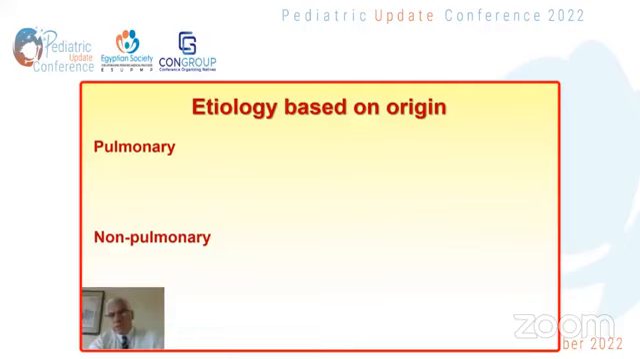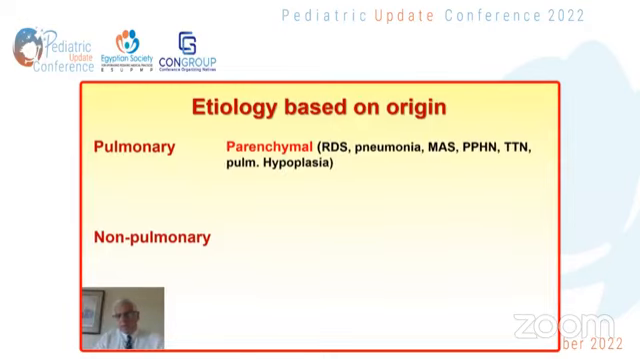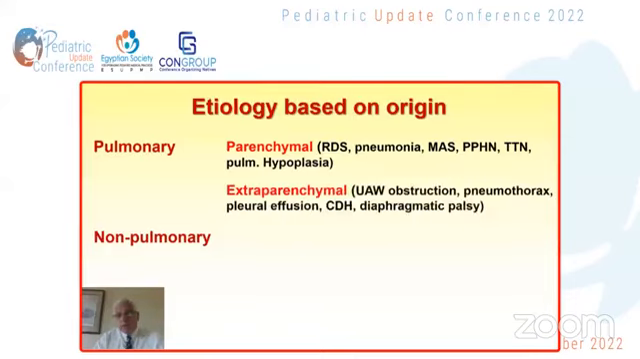Now, we can also differentiate the etiology of the respiratory distress based on the origin of the condition. Usually we like to divide it into pulmonary and non-pulmonary. In the pulmonary causes, you can differentiate between parenchymal and non-parenchymal. Within the parenchymal pulmonary causes, we have RDS or surfactant deficiency, pneumonia, meconium aspiration syndrome, PPHN, transient tachypnea of the newborn, and pulmonary hypoplasia. In non-parenchymal or extra-parenchymal pulmonary causes, you have to look at upper airway obstruction, pneumothorax, pleural effusion, congenital diaphragmatic hernia,